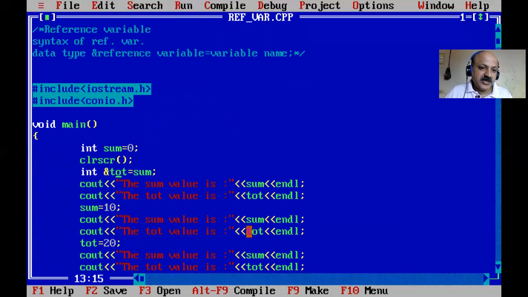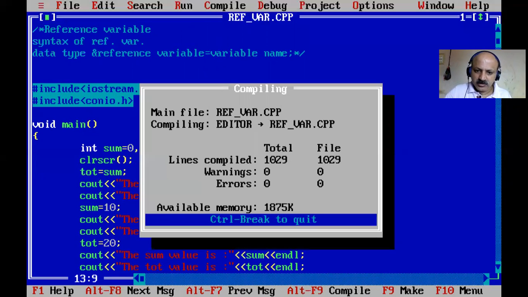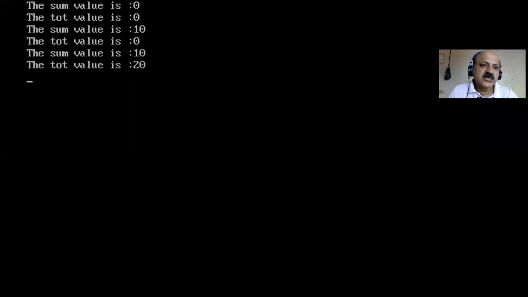And that is the rule. You can declare and initialize separately, like that is not a reference variable, like here I give total and here I just initialize sum. So that is a simple variable, and both hold separate 2 bytes. Total is a different variable and sum is a different variable. Let us check that part. So now you can see sum is first initially 0, then sum becomes 10, but total remains 0, and when sum is 10, now total is 20. So that is not a reference variable.